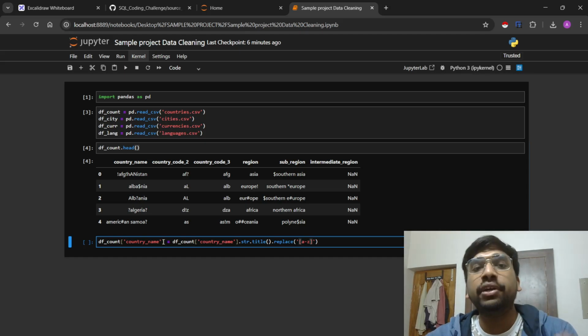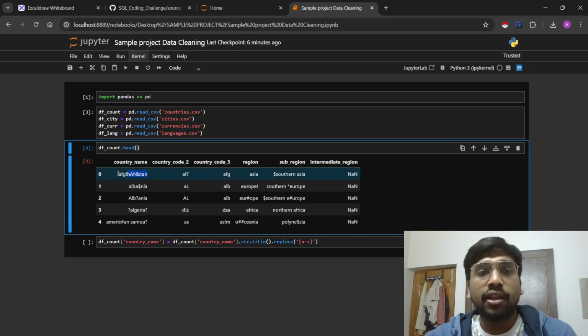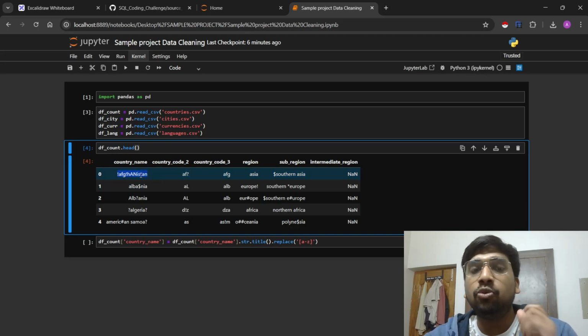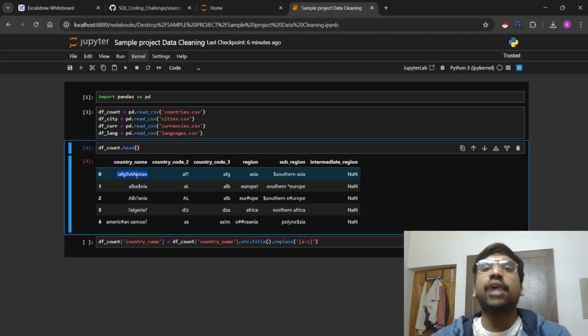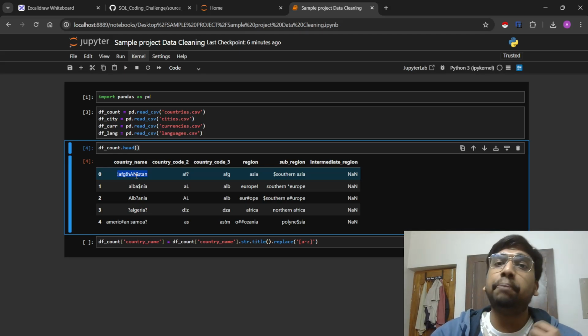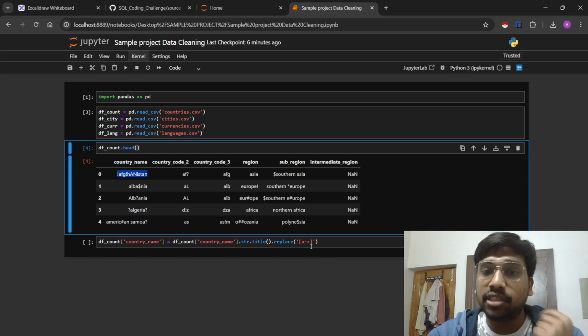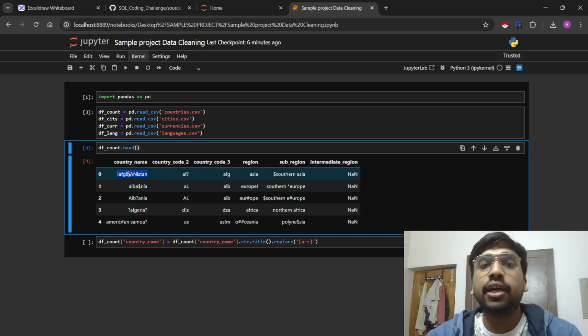In case we remove it, the first letter will also get removed. For example, you see this country name Afghanistan, right? If we do the data cleaning on this, we remove the special characters and now Afghanistan's first letter A will be capitalized. Now if we replace that also with nothing, then the A will get removed and you will not see the word Afghanistan.